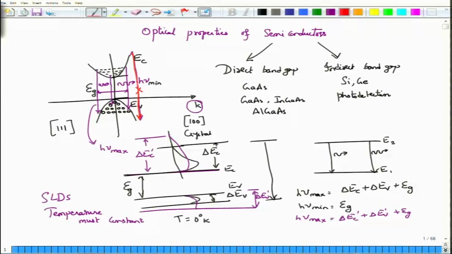The reason why we don't have this extreme edge is because the electrons have not filled up. Okay. But because a vertical transition is still happening with an electron which is sitting here to a hole which is sitting here, the k vectors for these two are essentially equal to each other. Okay. The difference in the k vector will be in the form of the k vector of the photon that is emitted, but because we have not filled up to this level, the spread of the line width is given only by the level up to which it is spread. Okay. But this is not the same case in an indirect band gap material.